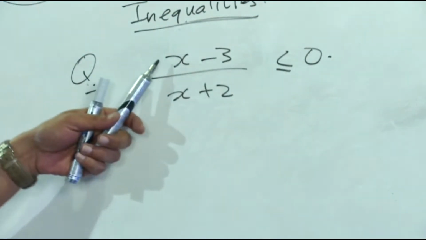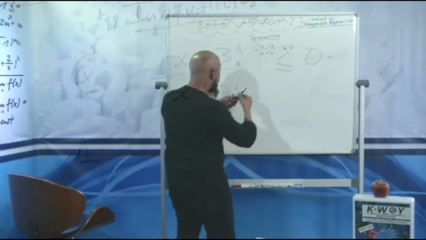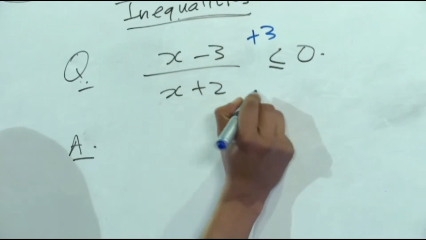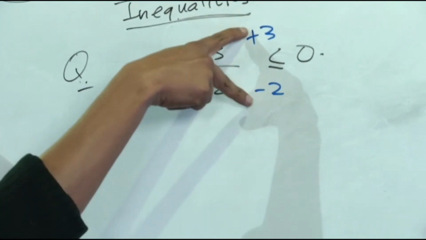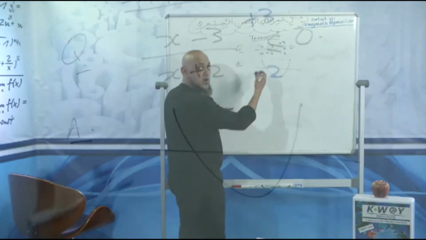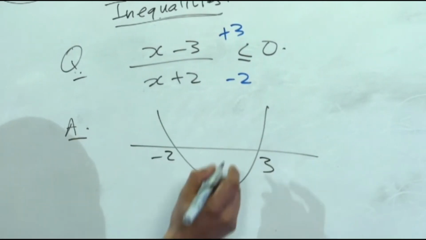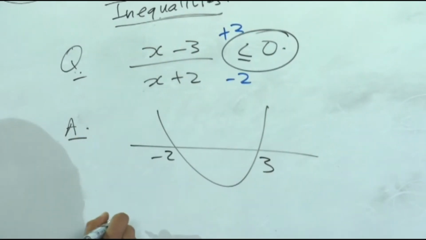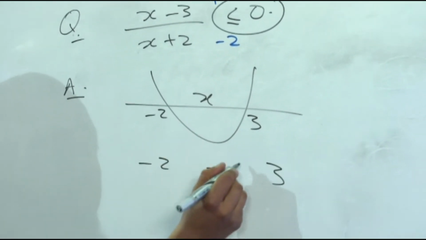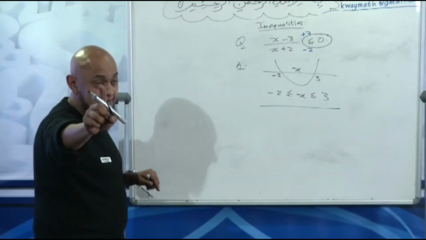Now, it's already factorized. We don't need to refactorize it, guys. So all we have to do now is, what are my two critical values? Plus 3 and negative 2. We've got two values, so we draw our rough parabola and we immediately go into our pos or neg bet system. So now, negative 2 there, positive 3 there, less than or equal to 0, between. So now copy and paste: x, 3, minus 2, less than or equal to, less than or equal to. But it's a fraction,